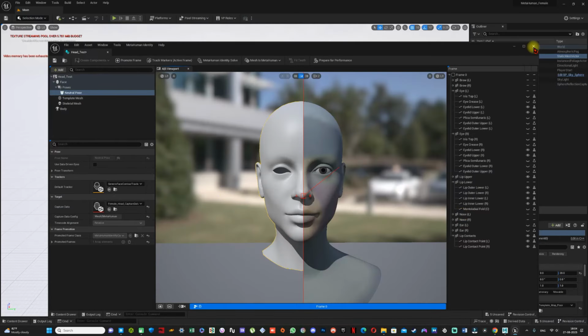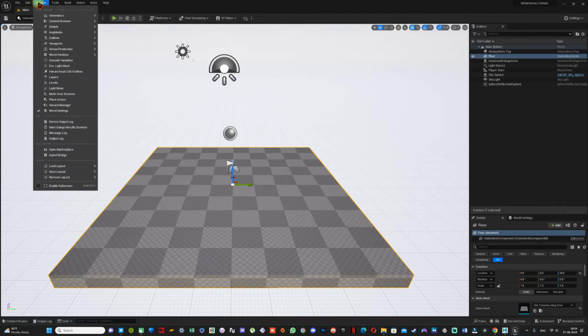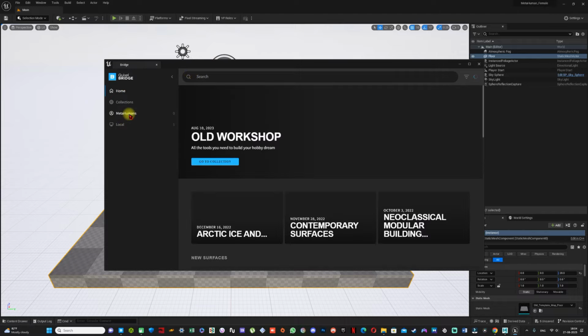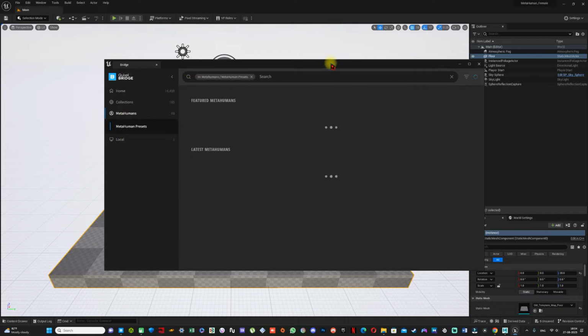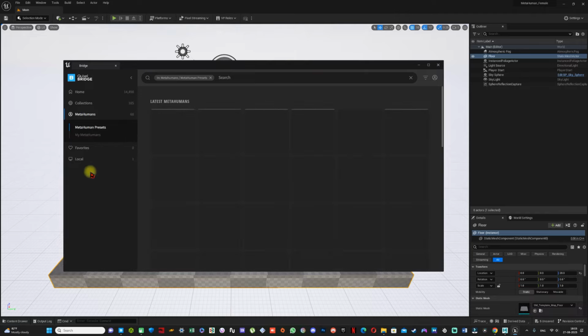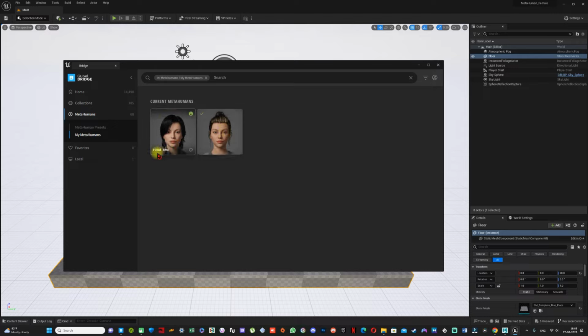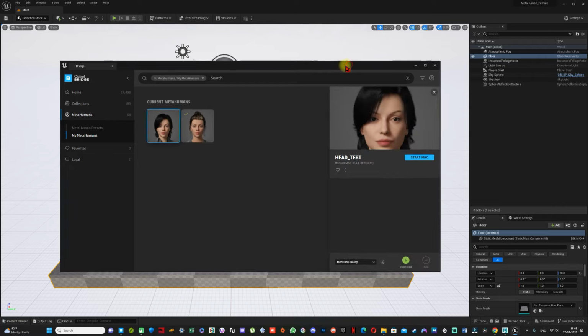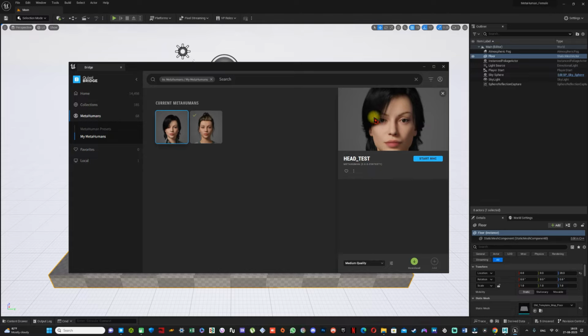Unreal Engine has a Quixel Bridge plugin. Select, open it, and here you can click on MetaHuman, and down below you can see my MetaHuman which you created. I have already created one earlier. So now we have created this one, head test. To work on it you have to download it. So it's an inbuilt Quixel Bridge,